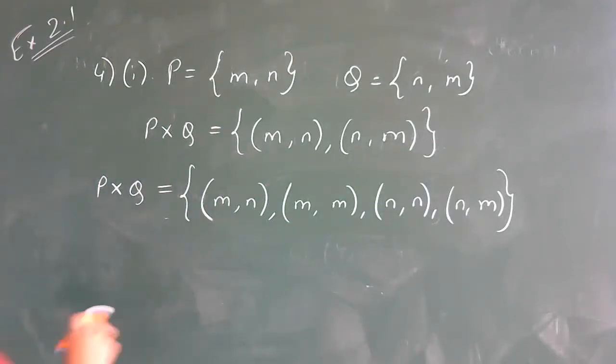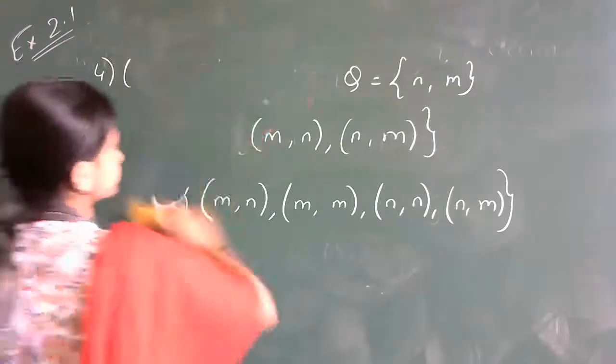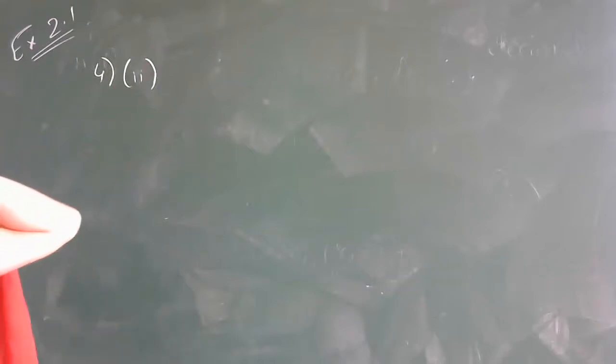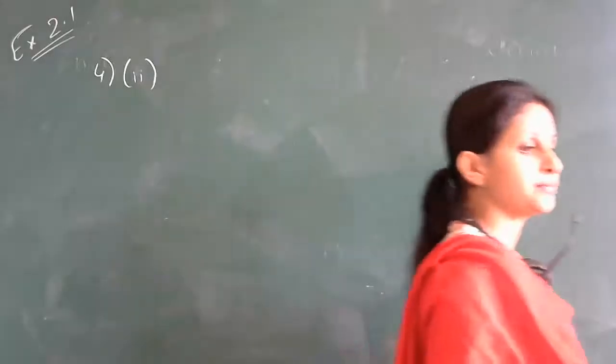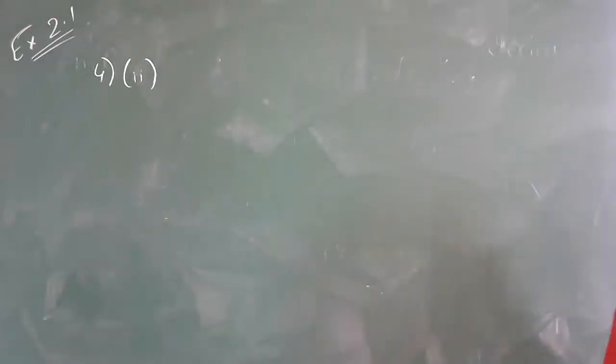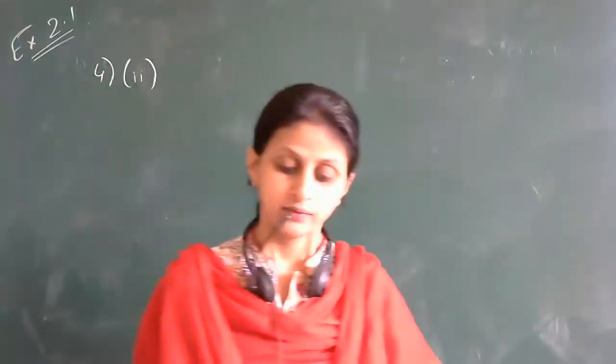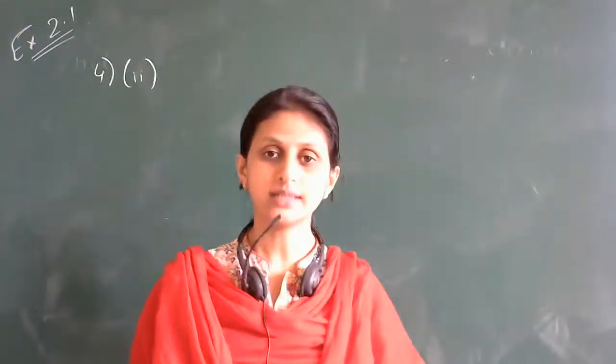Now let us go for the second one. Second statement, what is given? If A and B are non-empty sets, then A Cartesian product B is non-empty set of ordered pairs x comma y such that x belongs to A and y belongs to B. Is it true or false? Second statement, if A and B are non-empty sets, then Cartesian product A cross B will contain all those ordered pairs such that first element belongs to first set and second element belongs to second set.